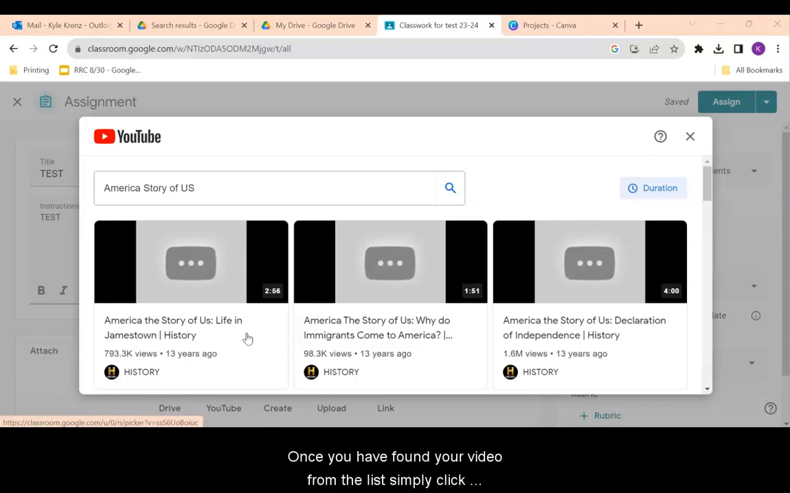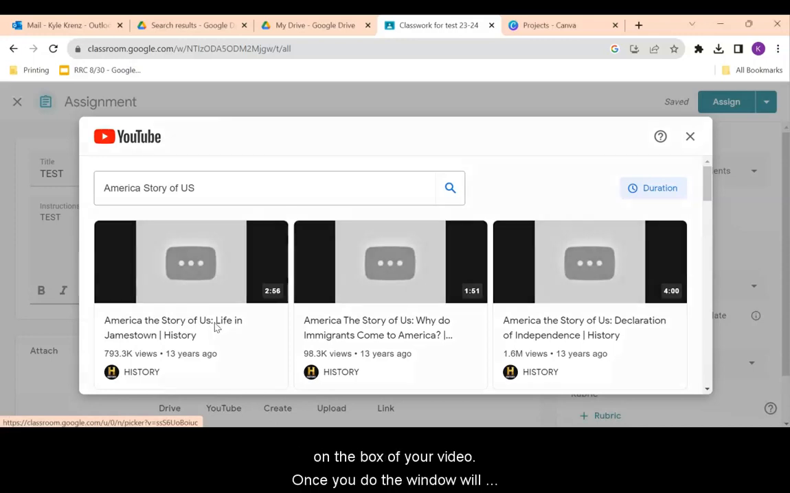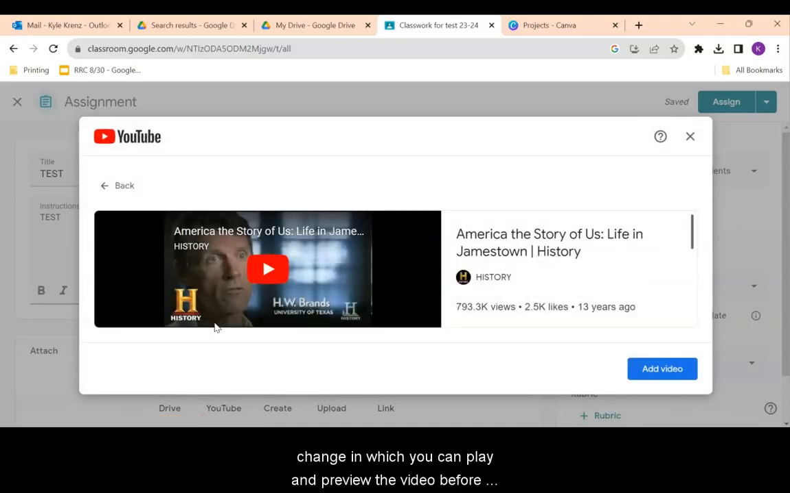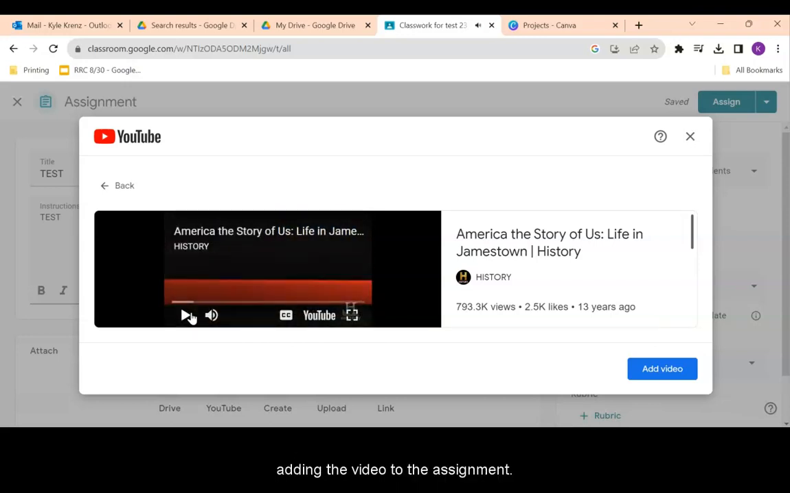Once you have found your video from the list, simply click on the box of your video. Once you do, the window will change in which you can play and preview the video before adding the video to the assignment. Once you have previewed it, you can click on the Add Video button to attach the video